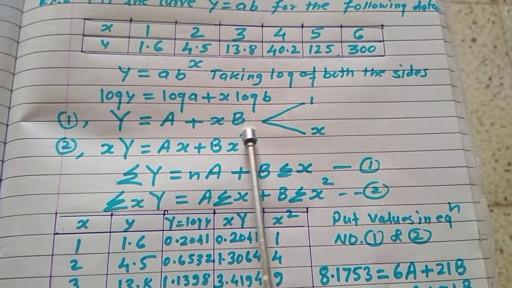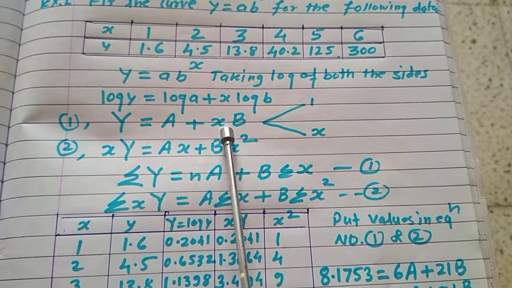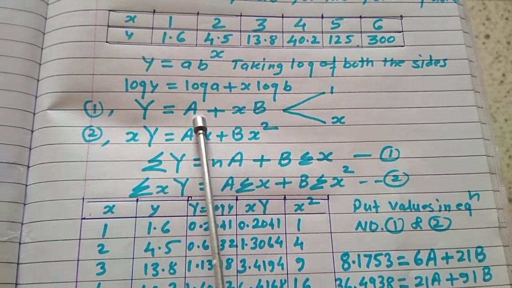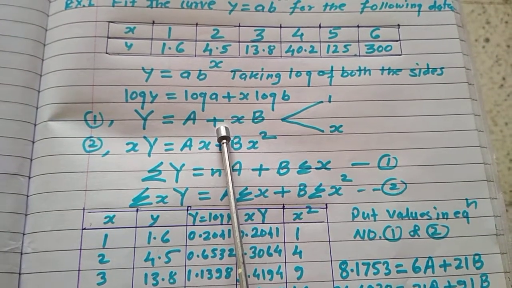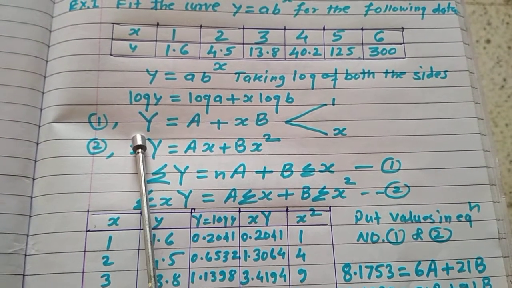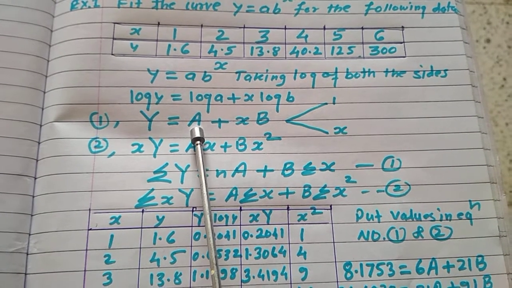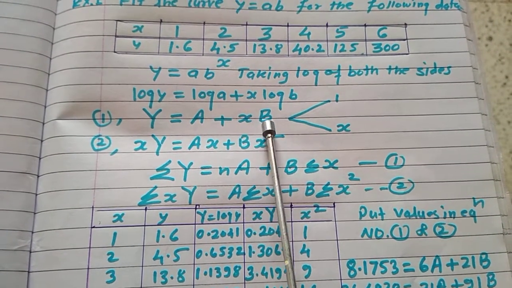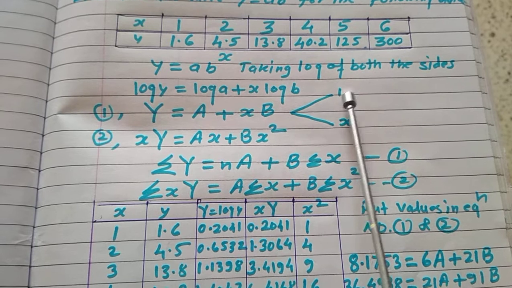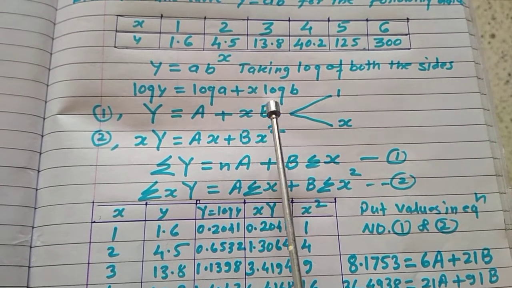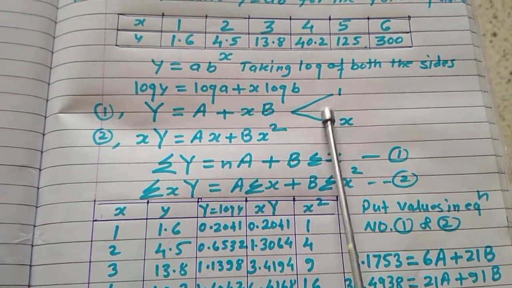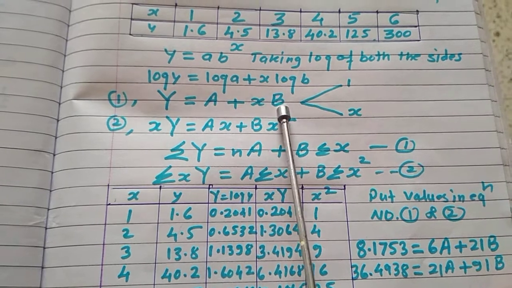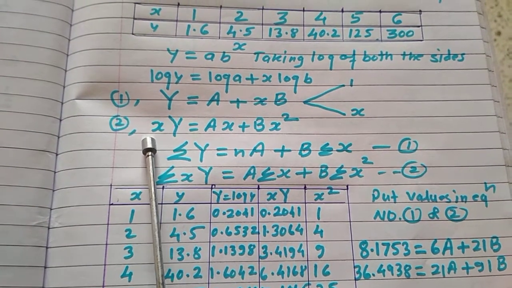Now the given problem is a straight line, just like y is equal to mx plus c. So forget about the exponential curve, and you know how to fit a straight line. There are two constants, capital A and capital B. What is the coefficient of capital A? 1. What is the coefficient of capital B? x. So 1 means the first equation as it is, and the second equation must be multiplied by small x, the original x.